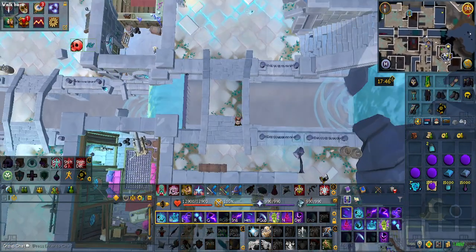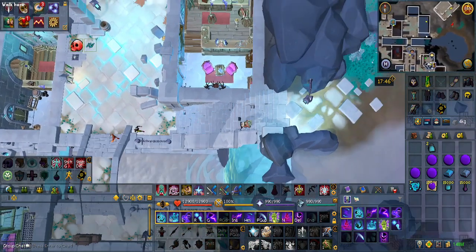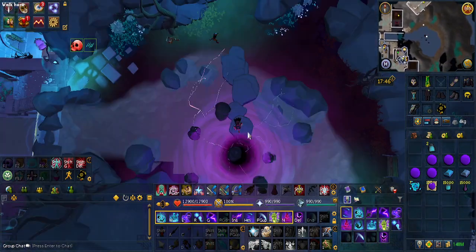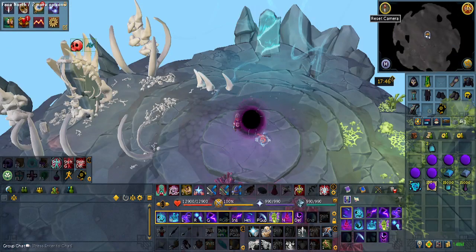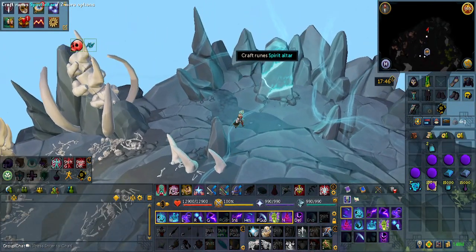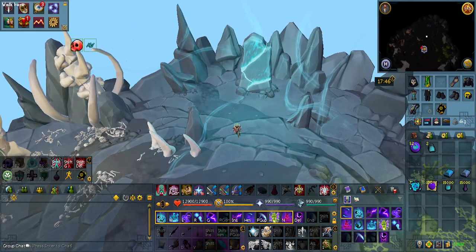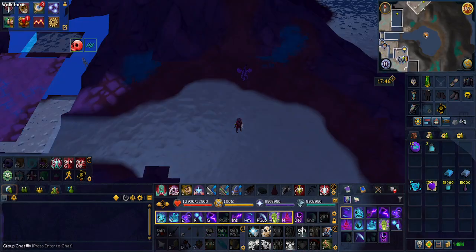Now, you will need the Impure Essence, which, again, you will need to do Ritual Sites for. And then just north of the Kali, it's a bit of running, but you can click on the minimap. And you want to click on the Dark Portal. Once you are here, run north and craft the Spirit Altar. Once you have done this, there we go. You have completed the Nobody Tell Guthix. Now that we're here, pretty much go back and teleport to the dark altar and then just